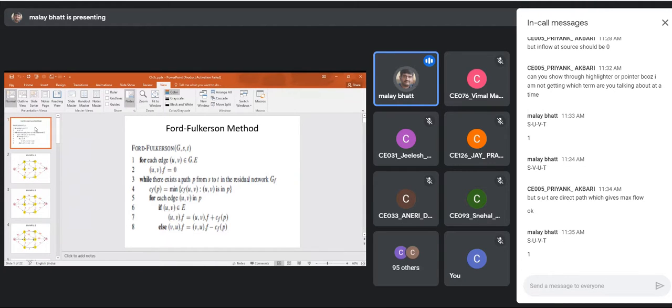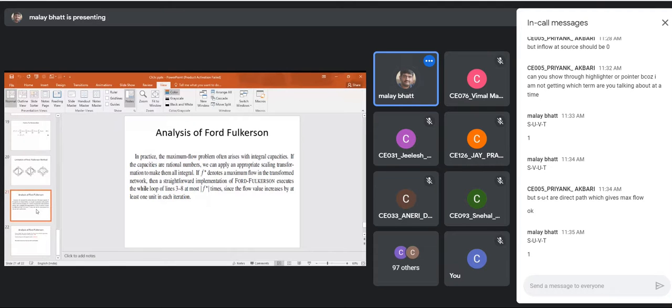So you can see that line number 3 to 8 is finding a path, which we have seen in the last lecture also. Finding the augmenting path, if there exists a path P from S to T in the residual network. So lines 3 to 8 will execute at most F star times, where F star is the maximum flow value. Since the flow value increases by at least 1 unit in each iteration, always you will get